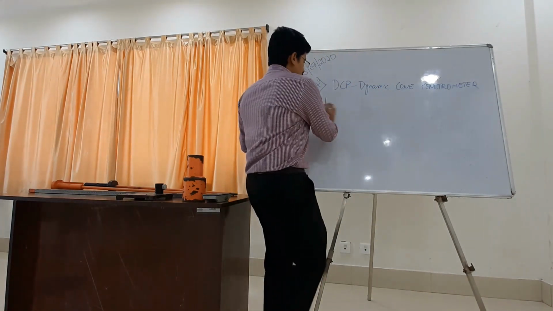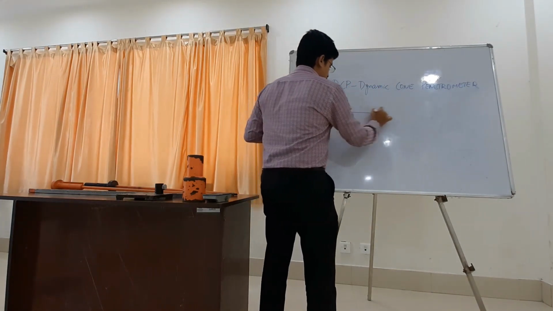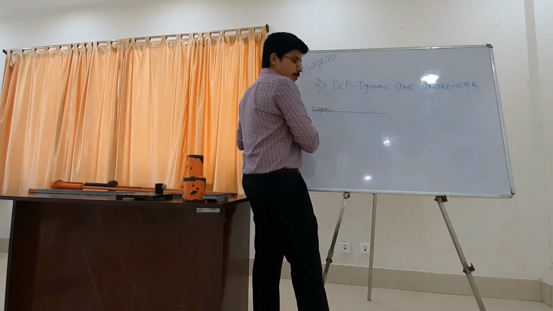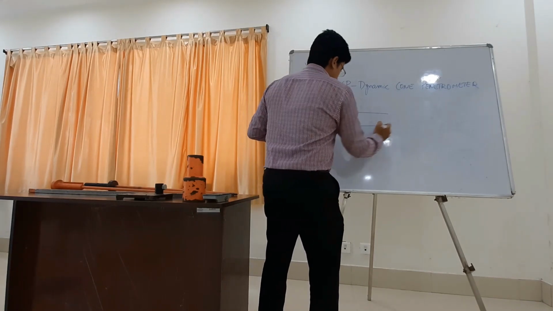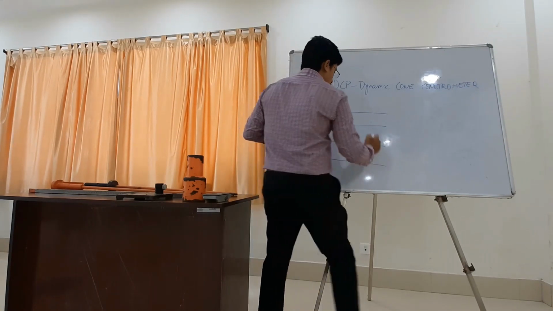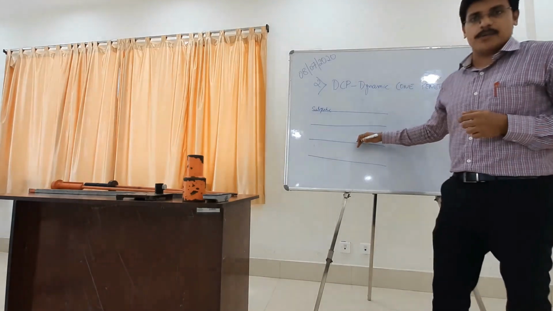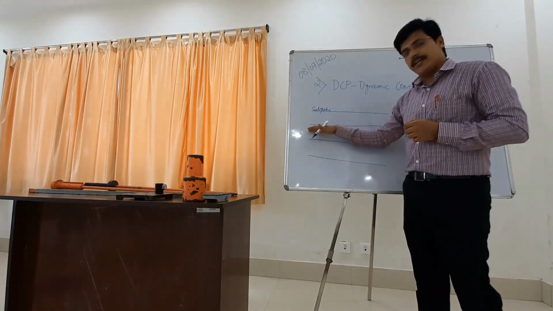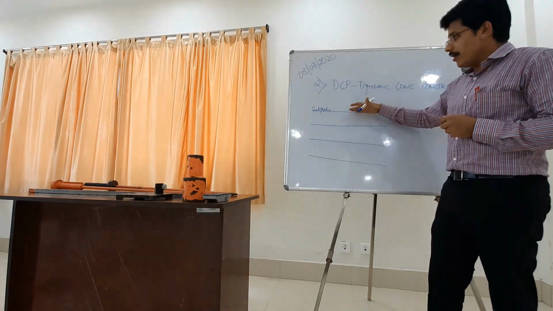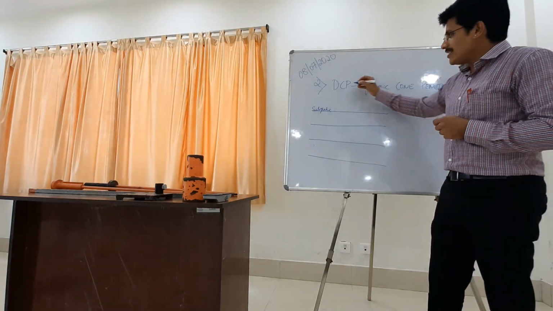Let's say we have different layers. So this is subgrade layer. So below subgrade we have different kinds of soils, let's say. Now we want to identify how the soils are below subgrade, because if you have a very weak clay, it will affect our pavement foundation. So to know the kind of soil we have below subgrade, we use this DCP equipment.